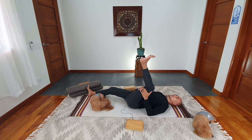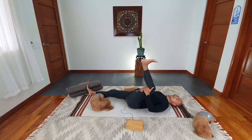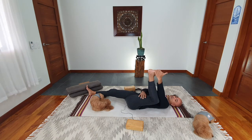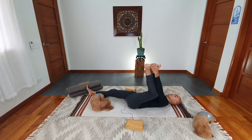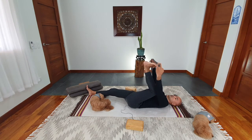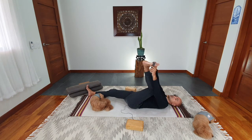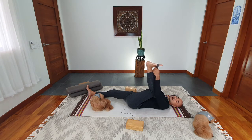Can you point your left foot towards the ceiling and try to reach for the outer left foot? Or if you need support and help from a strap, you can try to grab that strap. Wrap the strap around the ball of your left foot, and you can hold the strap with both hands or